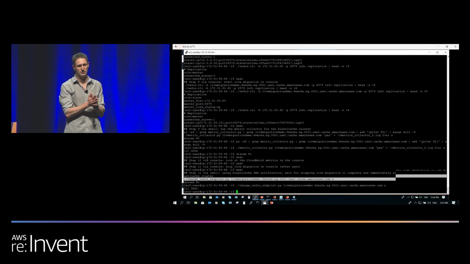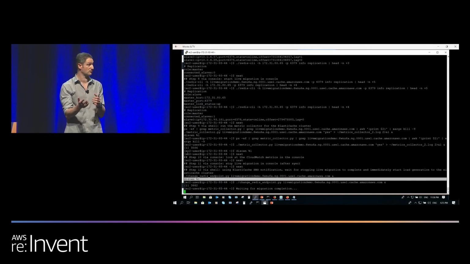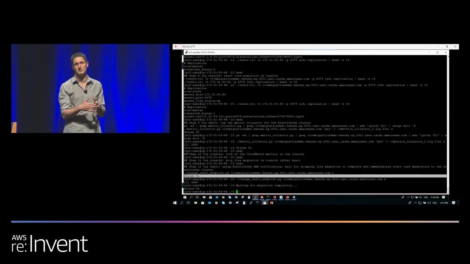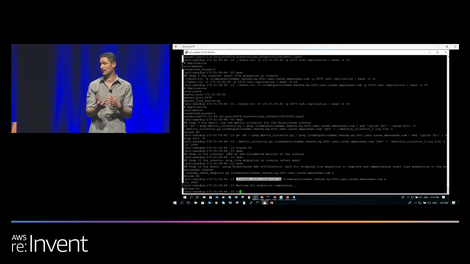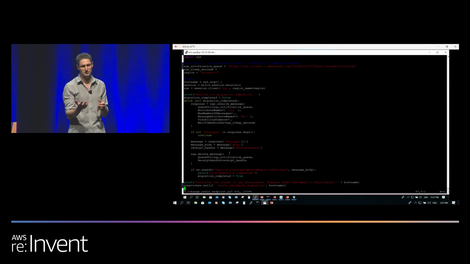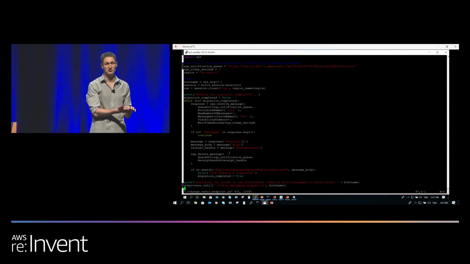So I have a script to change the Redis endpoint, and what this script does is wait for the last step of the migration to finish. This typically takes 1 or 2 minutes. Let's see what this script is doing. ElastiCache supports SNS, Simple Notification Service, notifications.